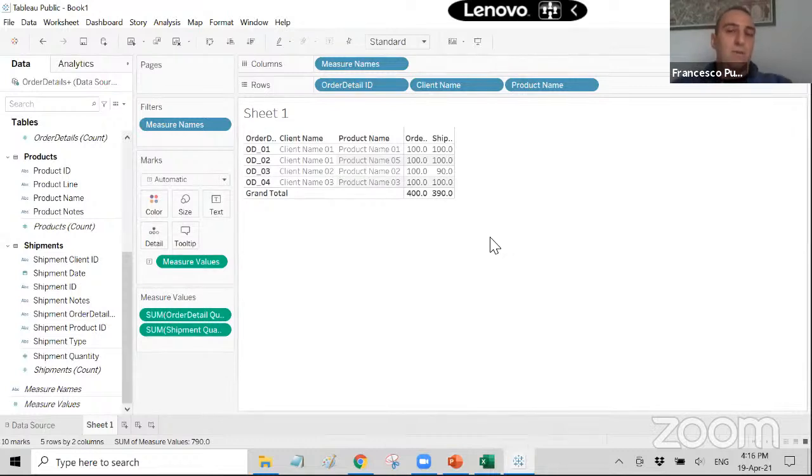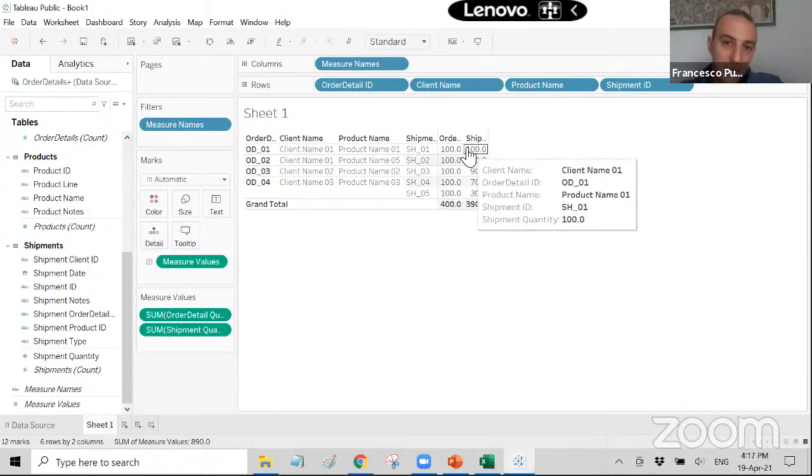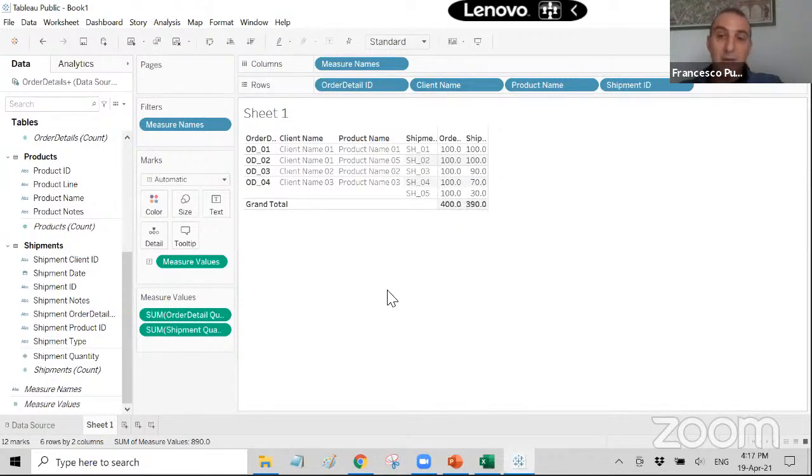So you're saying, wow, okay, there's no challenge here. But wait a minute. If I am also adding the shipment ID, for example, you will see here that there is something interesting, and it is still correct. Tableau was not able to do this; they introduced this functionality in January 2020, and I wrote an article about it because it's very cool. Look at this. You see the total 400, but the number here, 100, is repeated 5 times. Of course, if Tableau was doing the sum of the numbers that are displayed, it would show 500, and 500 would not be correct.